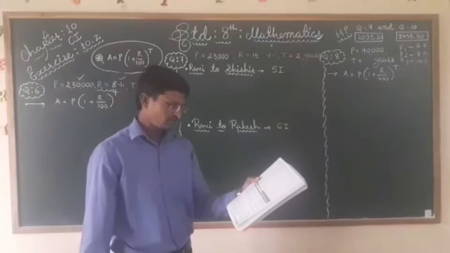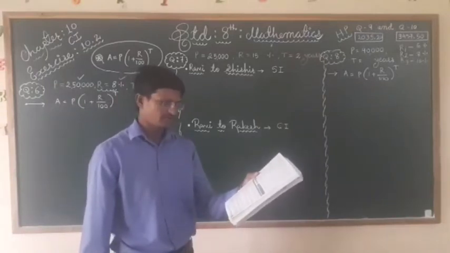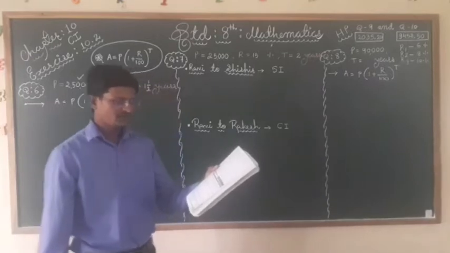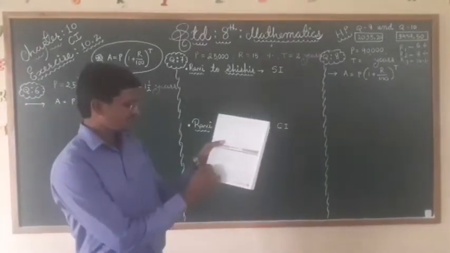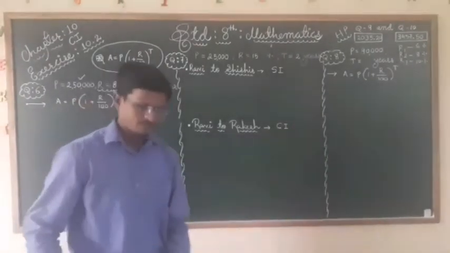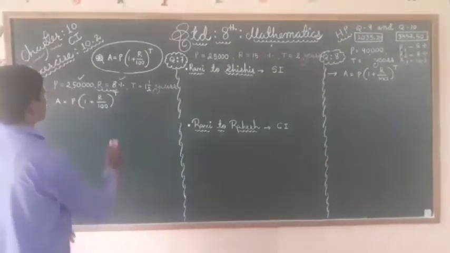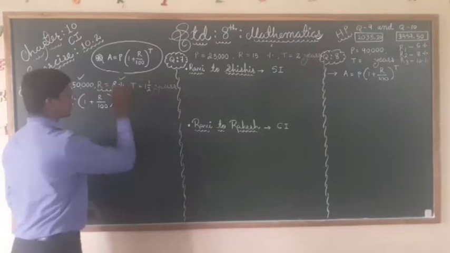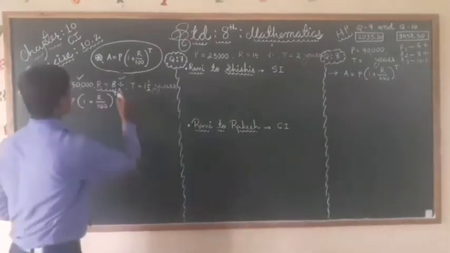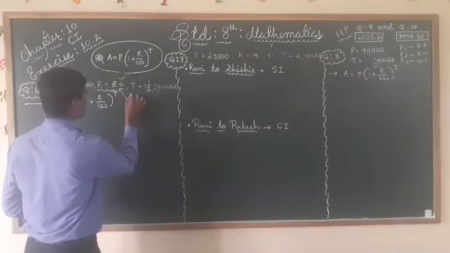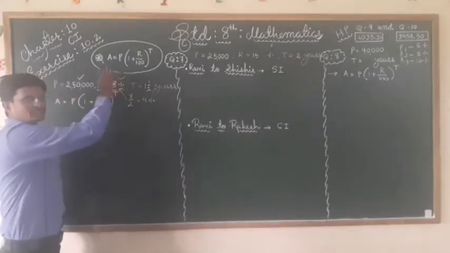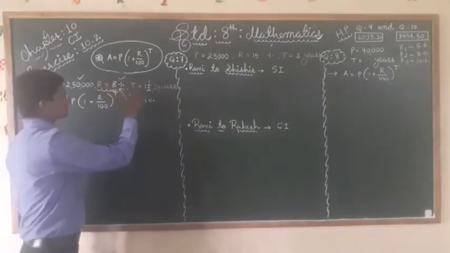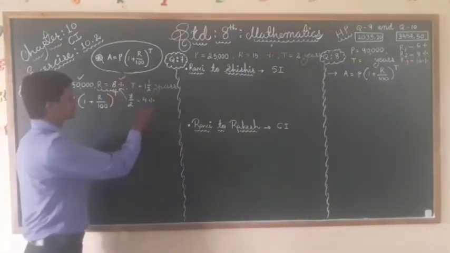Again I am reading the question. Find the compound interest on rupees 2,50,000 at the rate of 8% per annum for 1.5 years when interest is compounded half yearly. Here this statement is very much important: interest is compounded half yearly. So we need to understand that. Here the rate is given 8%, but it is half, so 8/2, it is 4%. Got it? Actually this is per annum, annually, that is total 8%, and if it is half, then 4%.